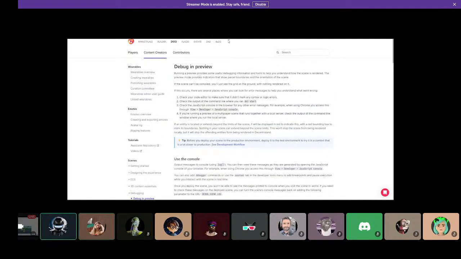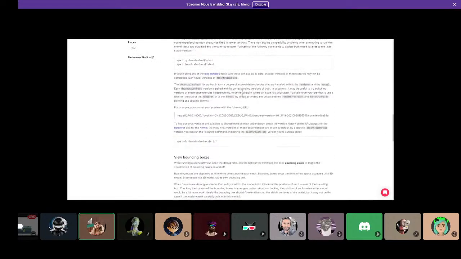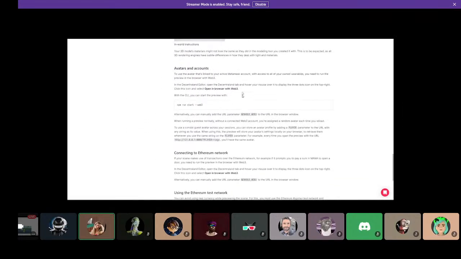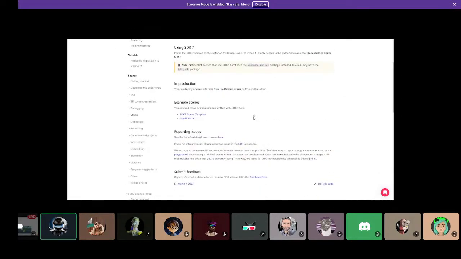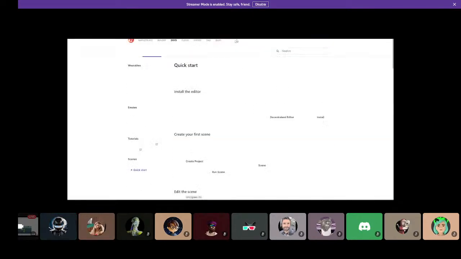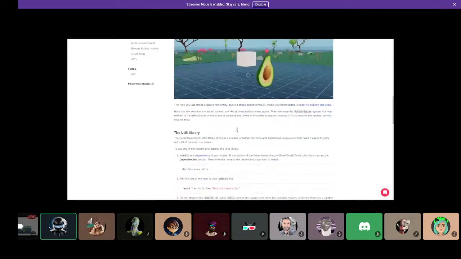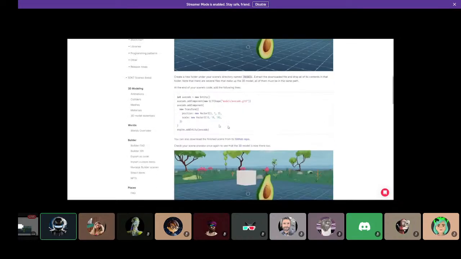I'm gonna try putting SDK7 in the URL. Oh, that worked. Did the test example say we need to put it in the log? Well, the example didn't work, so I was trying to figure out why it can't just be copied in, and we're getting a different result than the documentation is telling us. It looks like we should be able to just copy this in and see the avocado, but